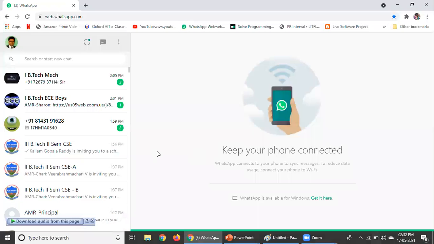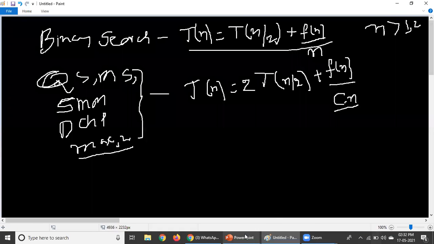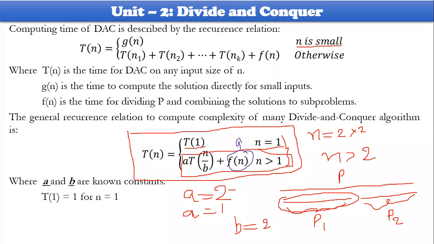As far as the point is concerned, you need to remember this control abstraction, and then followed by this particular one. These two, of course, are not that much required, but this recurrence relation is very much required while speaking about the problems in the divide and conquer approach here. Okay, so this is a very important concept here, and this concept might cover approximately 14 marks in our final examinations.